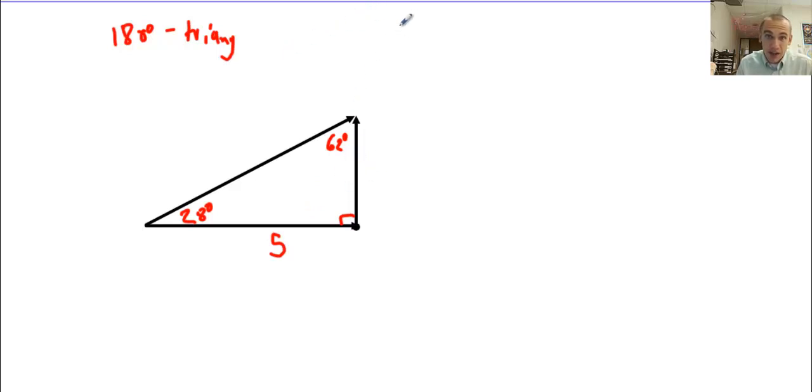And we could use the Pythagorean Theorem, which says a squared plus b squared equals c squared, where one of the sides is a and one of the other sides is b, and the other side, the hypotenuse, is c, but I don't know two of the sides. So I'm going to use trig, and since I know an adjacent side, I can either use cosine or I can use tangent. So if I grab my marker, I've got the cosine of 28 degrees is equal to the adjacent side, 5, over the hypotenuse, h,